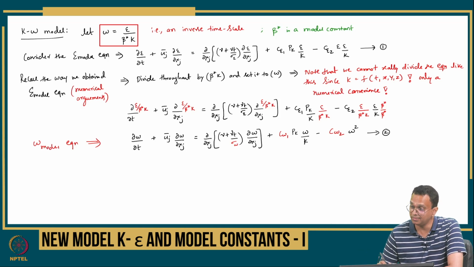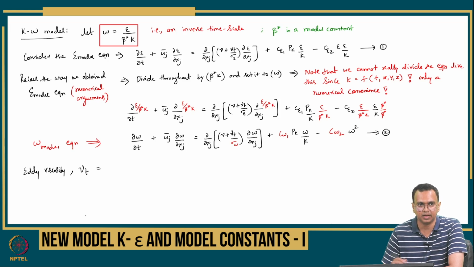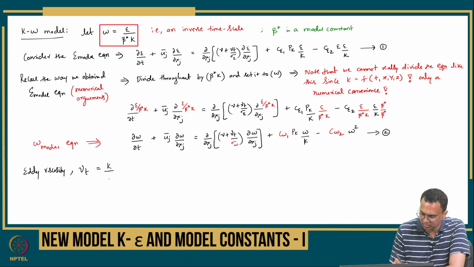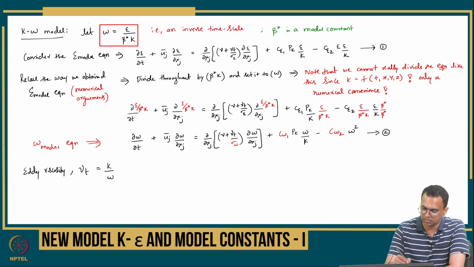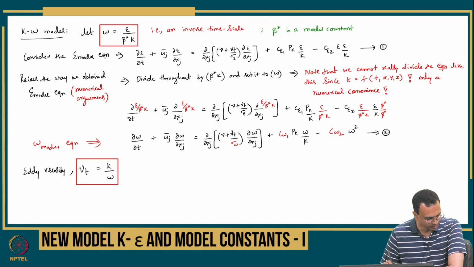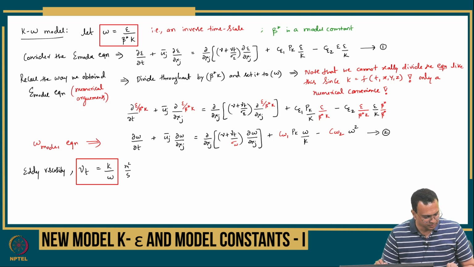Now what do we need? We need eddy viscosity, nu t. Dimensionally, again by dimensional analysis, you get essentially k by omega. Instead of c mu k square by epsilon, we get k by omega here. So this is the formula for eddy viscosity in a k omega model. That gives you the same meter square per second, dimensionally correct. So we have model constants that we have to look at, and then I have